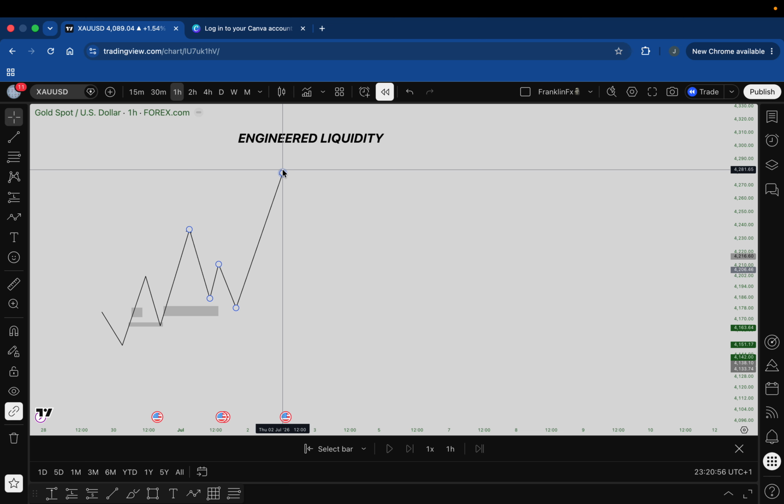That is why I said earlier that there is no move in the market without liquidity. One of my new principles of trading currently is that once I do not see an engineered liquidity in a particular trade, in a particular setup, I'm not entering. Because engineered liquidity gives me that level of confidence. It gives me a lot of crazy confidence.